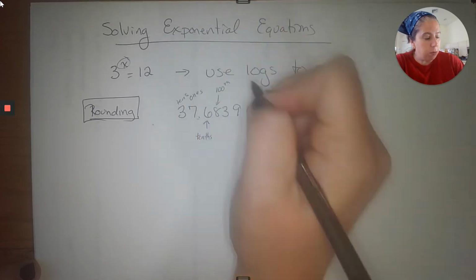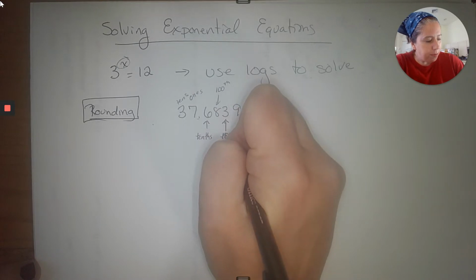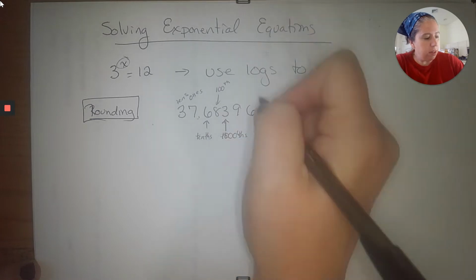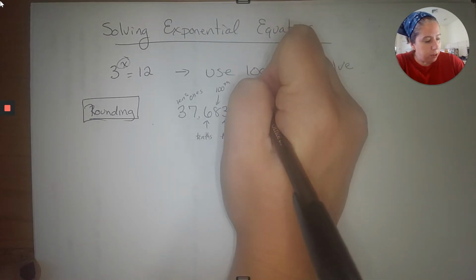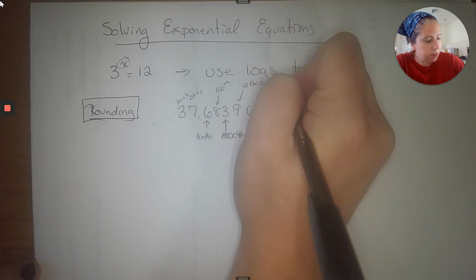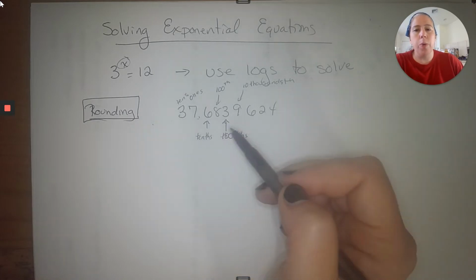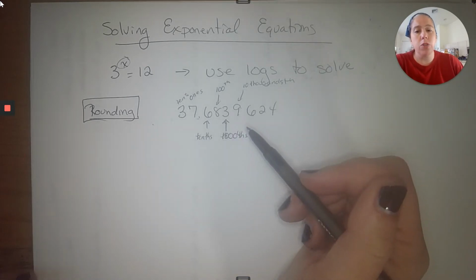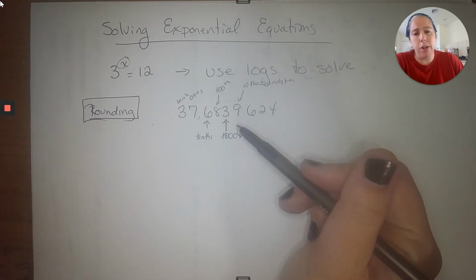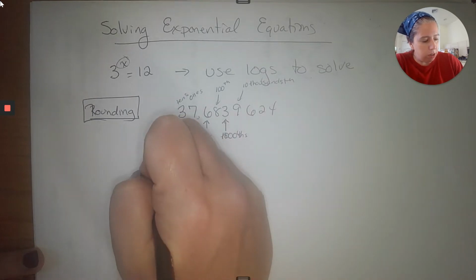I'm just going to write the numbers. Thousandths, this is ten-thousandths, and that would be hundred-thousandths. So when we're doing this, I need you to make sure you read the directions so you round correctly. Make sure you go to the right number. If you don't go to the right number and you don't do it right, you're going to lose points. So if I ask you to round this to the hundredths,